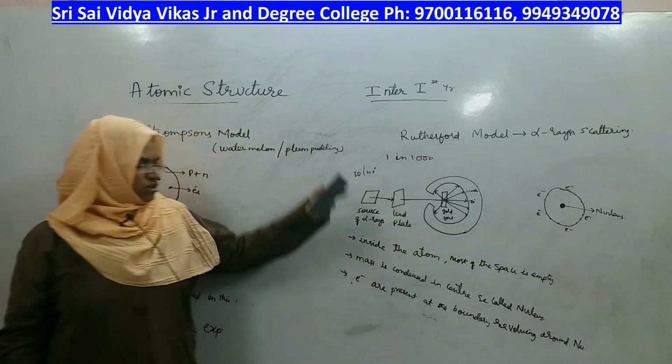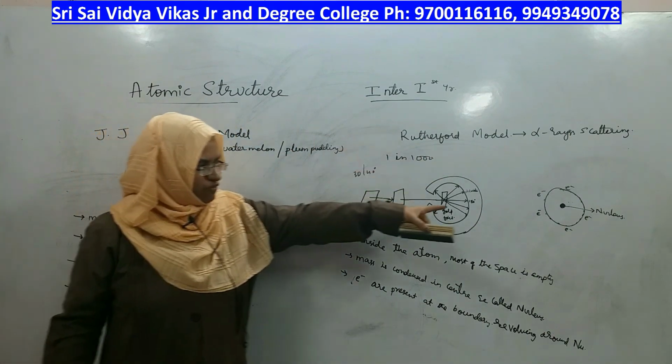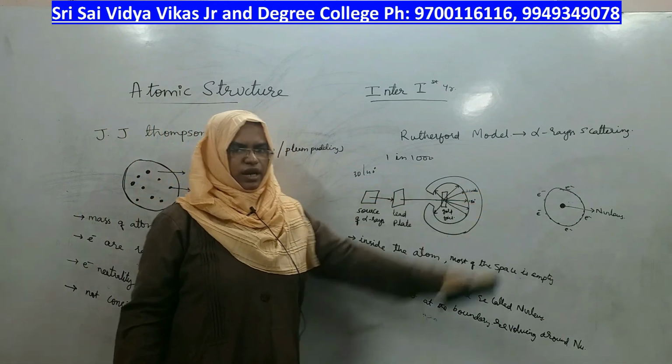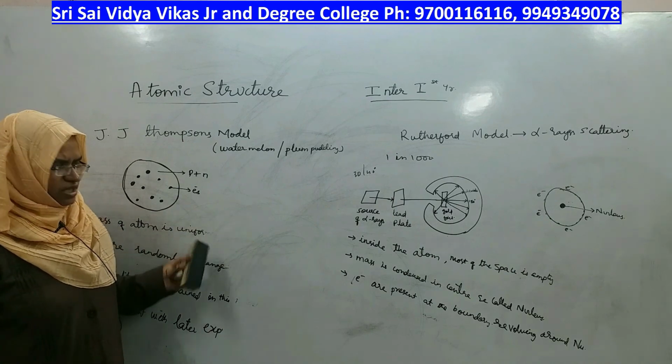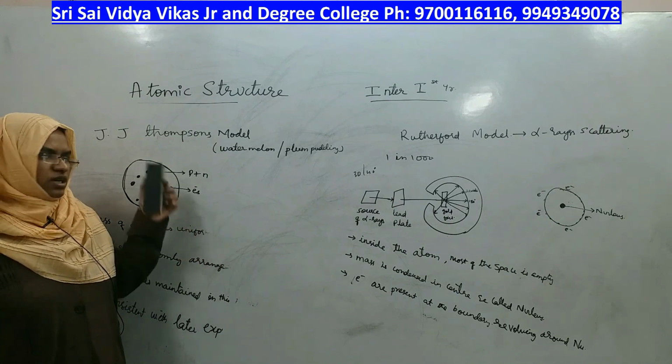1000. Right? So, according to Rutherford, the arrangement of the atom is in this model, and according to J. J. Thomson, the arrangement of the atom is in this model. Please copy this, and in the next video we will discuss the other models.